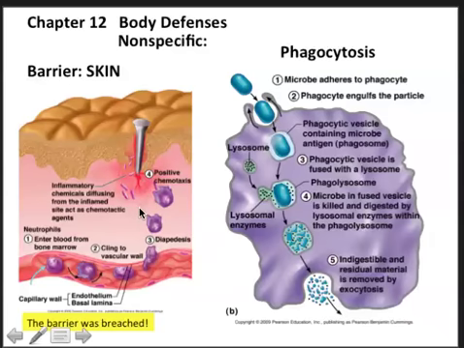and eventually what will happen is that we will begin to basically close the area off so that the infection can't spread, and then as the pathogen gets wiped out, the next phase will be tissue repair. One of the things that happens in and around a wound or around our nonspecific barriers is that occasionally a pathogen will get through, and if they do,